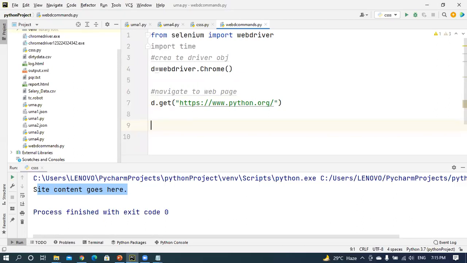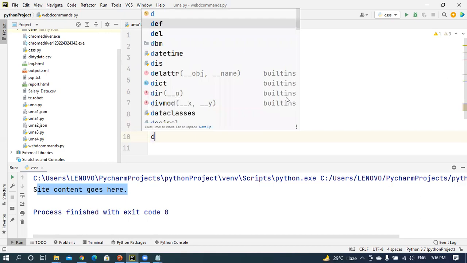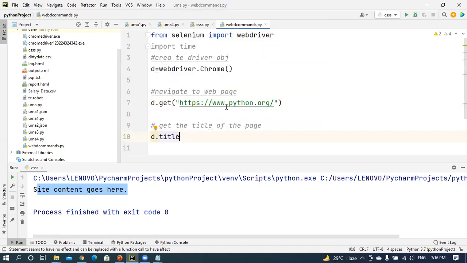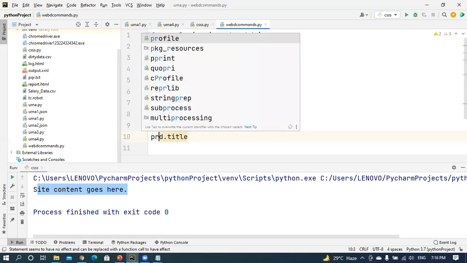Next, you have to get the title of the page. How can you get the title of the page? This is one of the commands: d dot title. We want to print this title: print of d dot title.